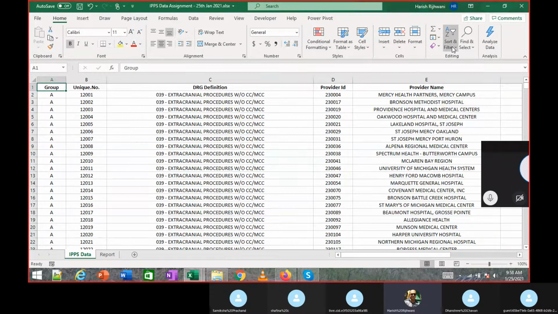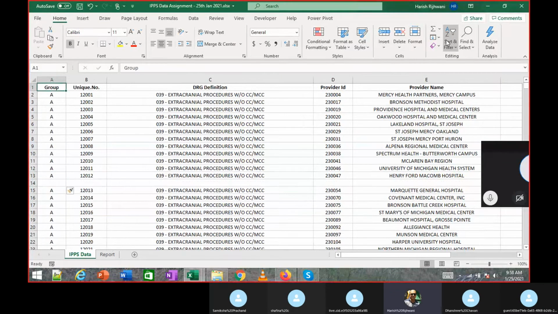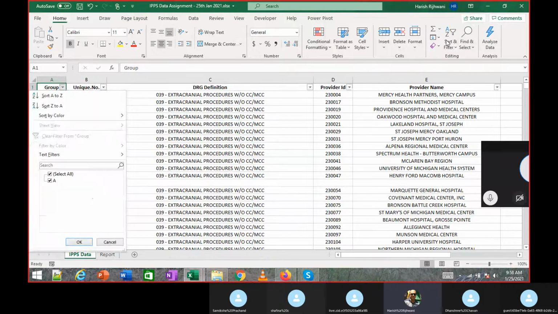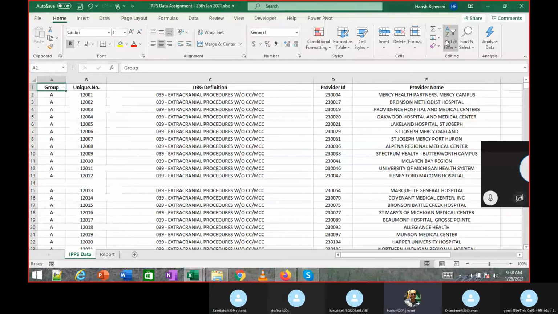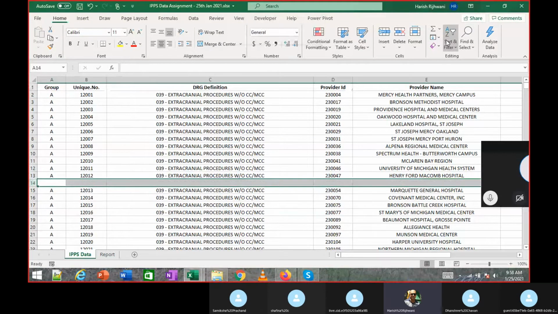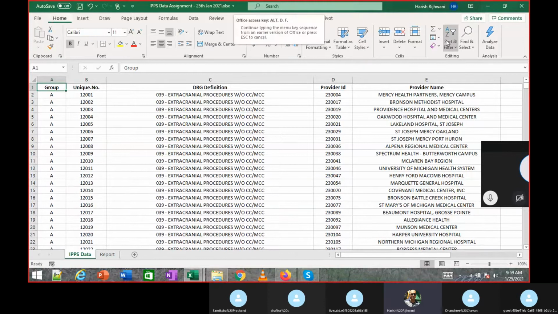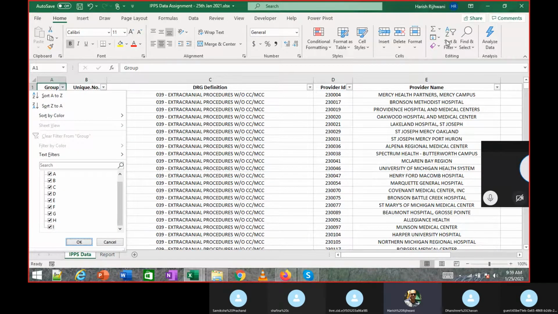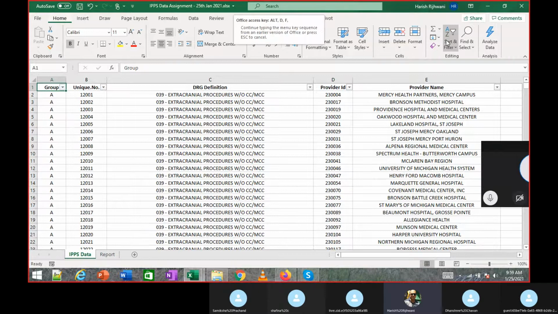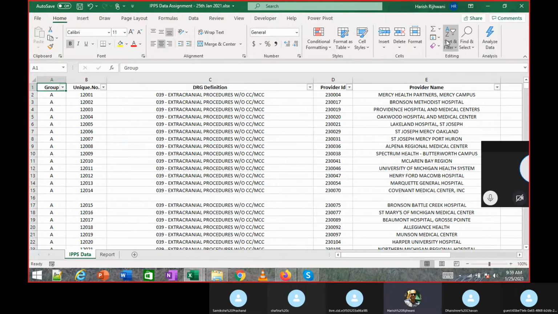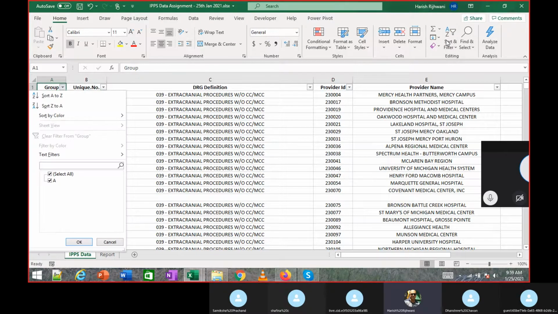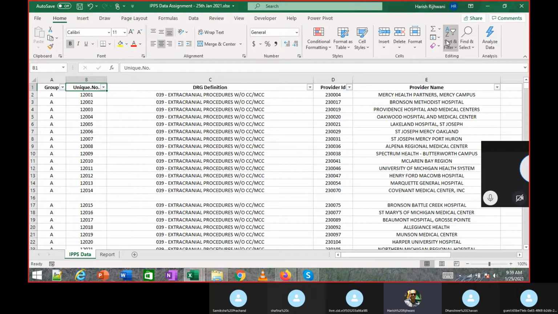The key importance over here is this: if there is a gap in between and I do the filter, it will not show everything. Let me remove the filter. If there was no gap over here and I apply the filter, I see all the columns and all the values, A to I. But if there was a gap in between and I apply the filter, it is not showing all the rows. It is showing the rows only till the particular cell where there is a gap.